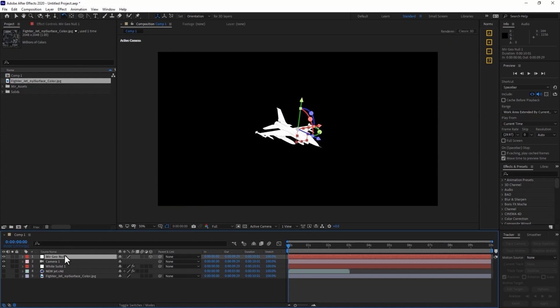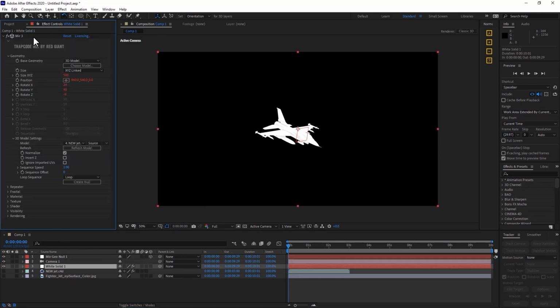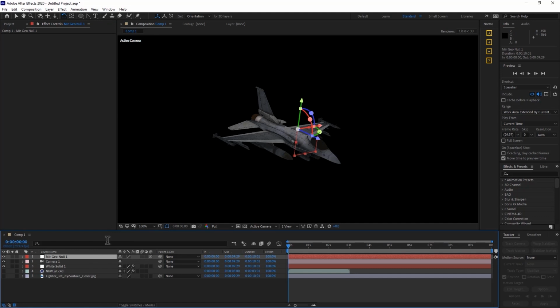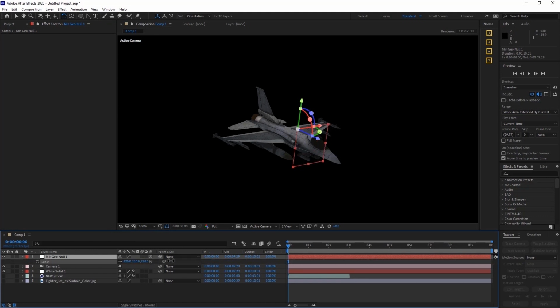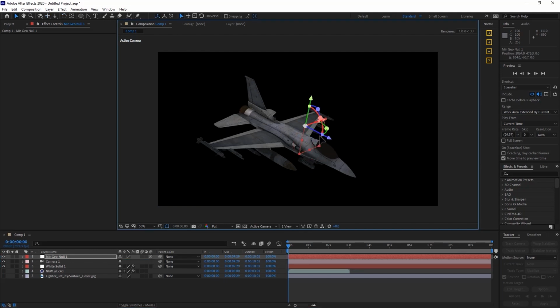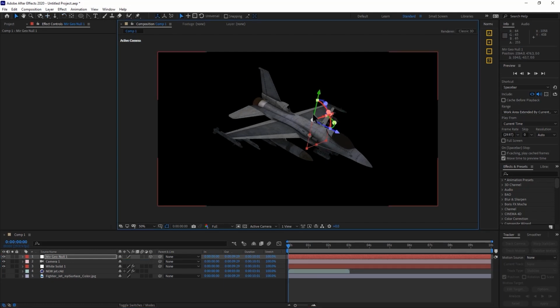And then within Mirror itself, I'll find my solid and go to Mirror. I can go down to Texture, and then I can select any texture map I like. And look at this, it textured up that jet, which is great. Let me scale this up a little bit within this comp. It's kind of small. There we go. So if you are an After Effects artist that works a little bit with Cinema, this is a great way to be able to bring in a Cinema model that's going to interact really natively with how you're used to